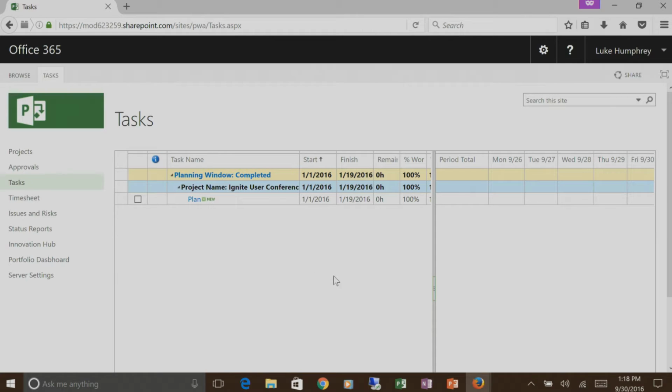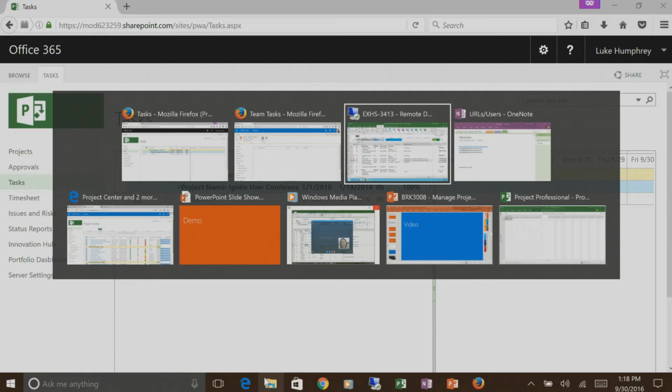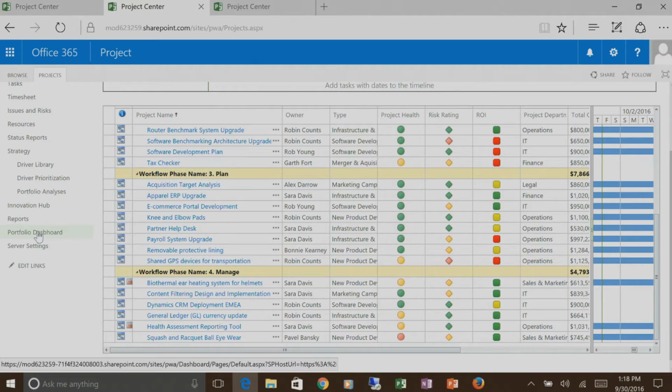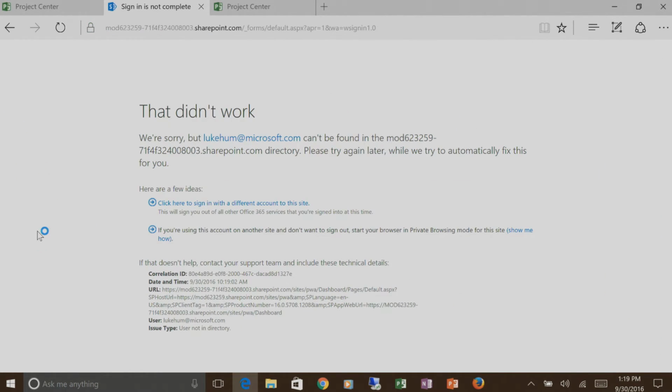All right, so the last thing I want to show everybody is reporting. Now we've been in the manage phase. We're assigning tasks out. Projects are being executed. Now we want to measure and see how we're doing. So to do that, we now have two new reporting apps that are really powerful